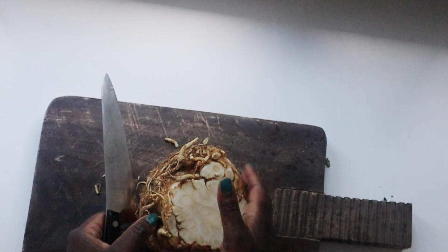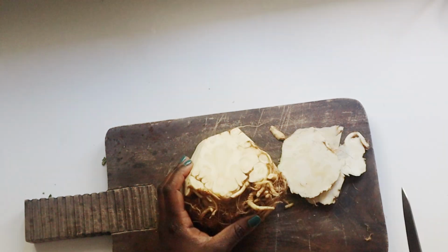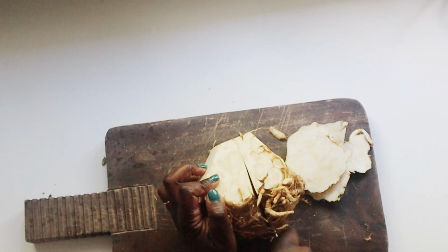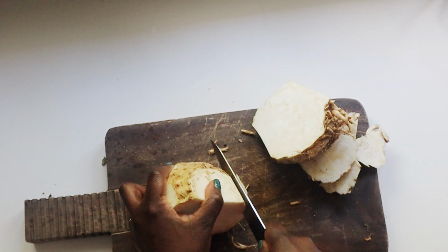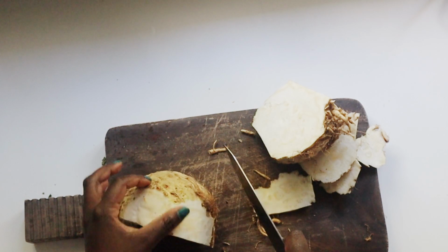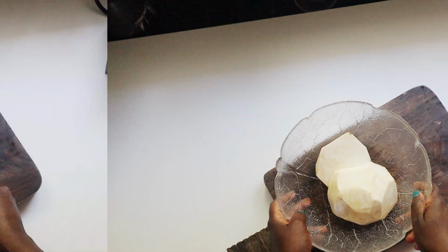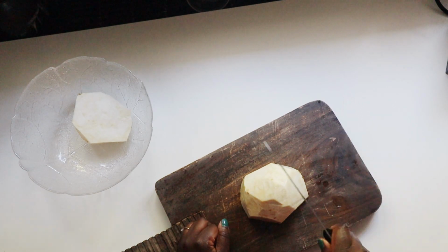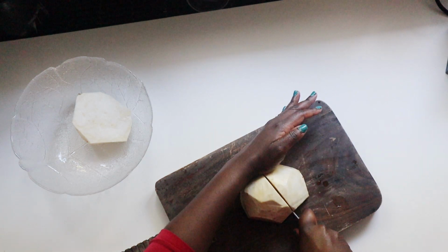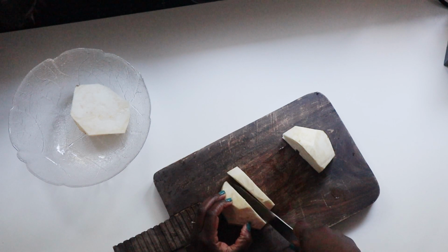Once you have a flat base, you want to use your knife to slice along the side from top to the bottom. Alternatively, you can cut your celeriac in two and then just peel it like that. That way you have a smaller surface to work with. Once you're done with peeling, you just want to clean them. And then we're going to slice into fries or chips. So to do this, just quarter and then cut each small quarter into smaller pieces and proceed on to cut